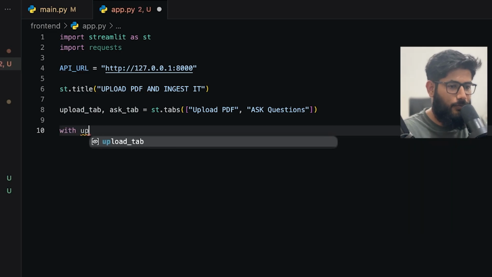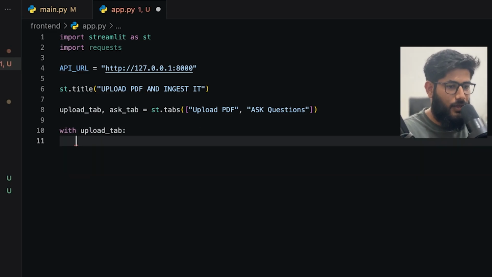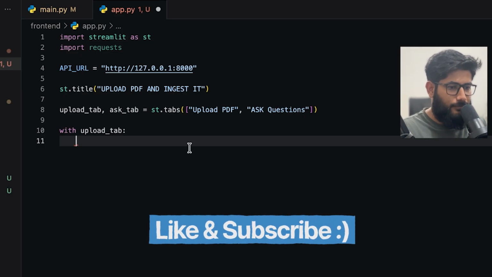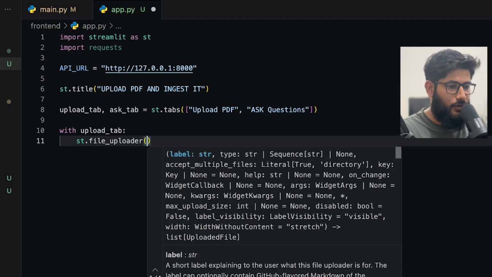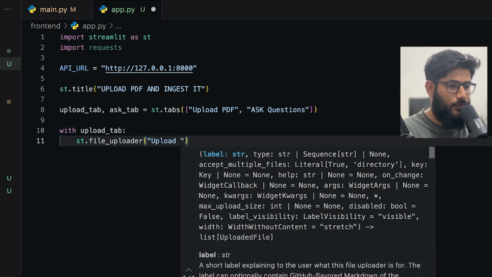I'm going to say with upload_tab. The reason why I'm using with is because if anything goes wrong with this piece of code, it will never store the PDF, so it will never create junk files and things like that. It will always close things if anything goes wrong. To upload the PDF, I will create an uploader, give it a name, upload PDF here,